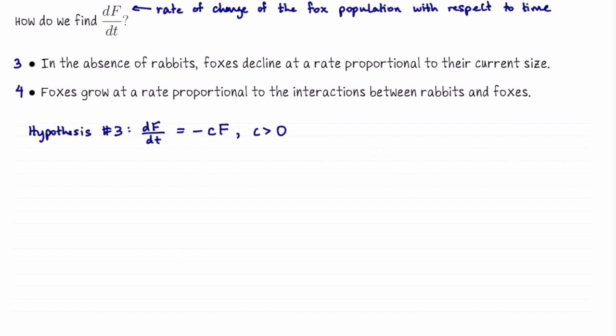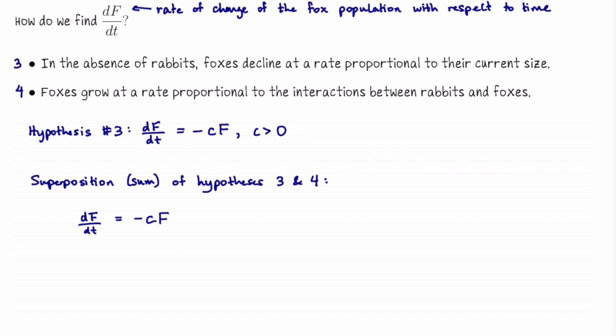Again, that's like a birth versus death quantity for this fox population, except here the foxes are declining in the absence of food. Once again, we have two hypotheses though. We're going to take their superposition, so we'll add them together. If there are rabbits, then the fox population will grow. So how we'll take the differential equation that we've already written down and change it is we'll say df dt is going to be negative cf plus d times rf,